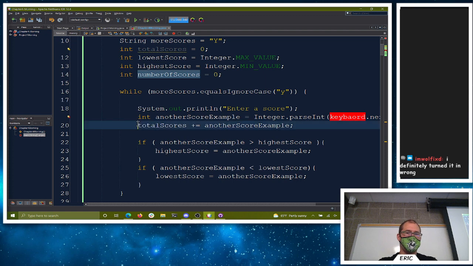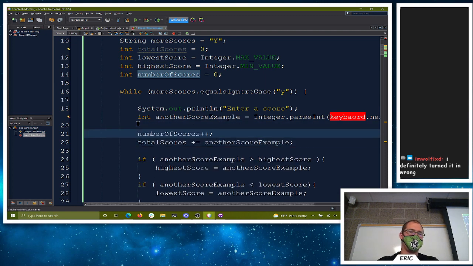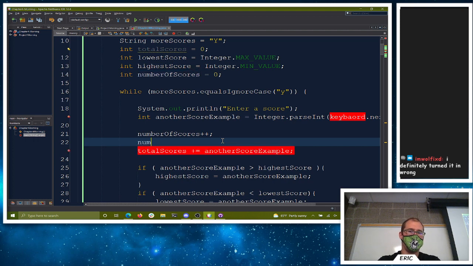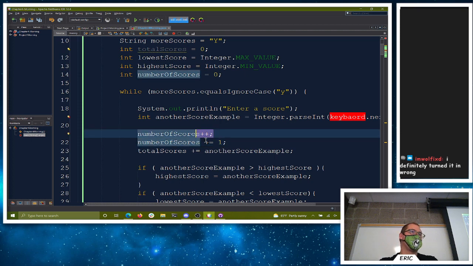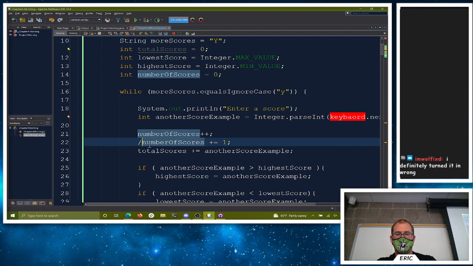Actually, let's do that in here. Yeah, plus plus, or this combined assignment operator, plus equals 1. Yep, same thing. So plus plus is the slightly faster way. It's 1 character less. But we use this a lot in our for loops, so we'll get familiar with that kind of notation. But no, this one's perfectly fine too.